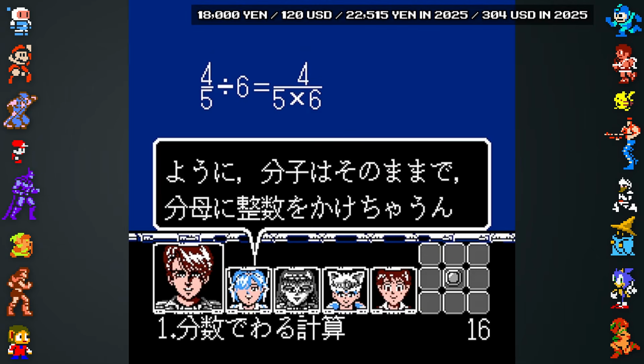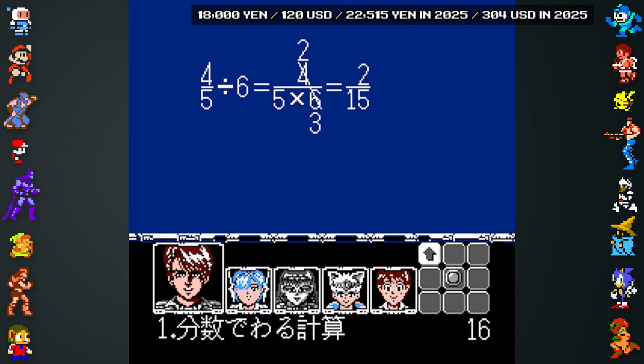Q-Ta games were essentially digital textbooks and came bundled with physical workbooks for $120, and since they never made it